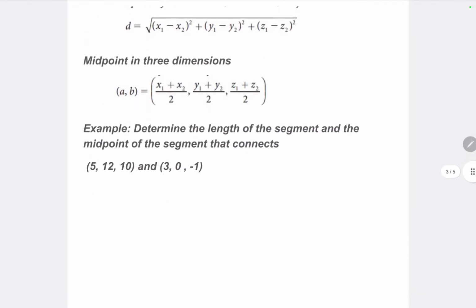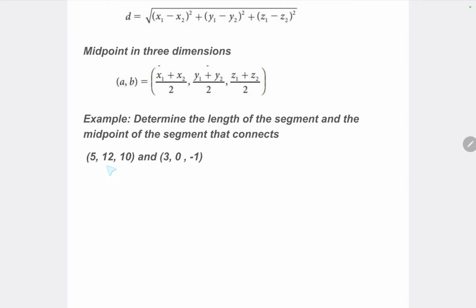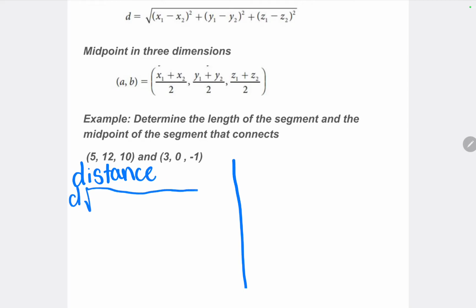So we're just going to go through an example given the 2 3-dimensional points plotted in space, (5, 12, 10) and (3, 0, -1). So we'll be finding distance and midpoint for those. I'm just going to do distance on one side and midpoint on the other. So the distance, I'm going to do the square root of (5 minus 3) squared plus (12 minus 0) squared plus (10 minus -1) squared. So that's going to be